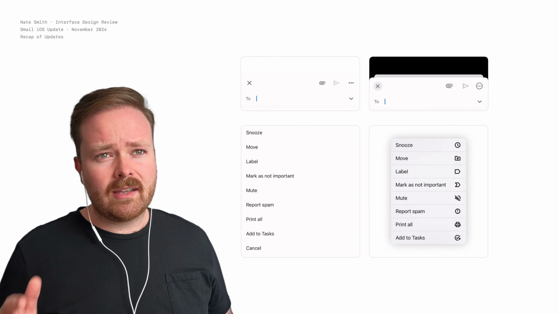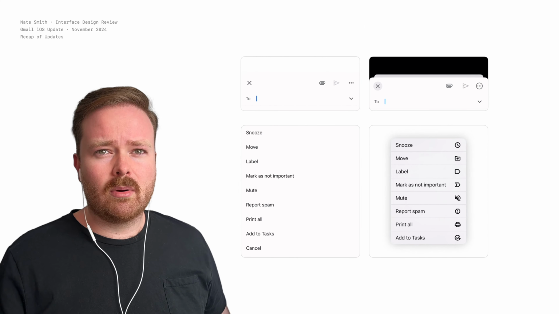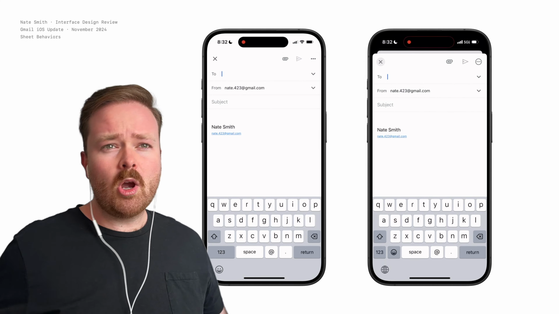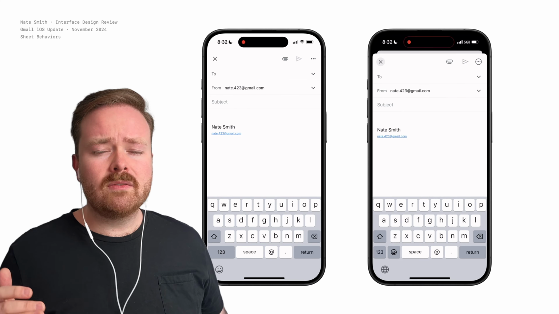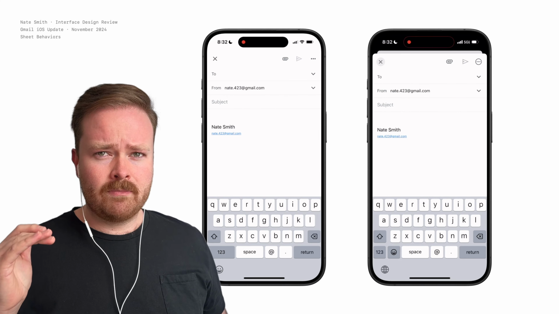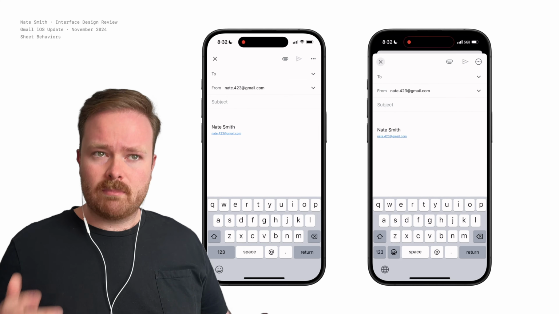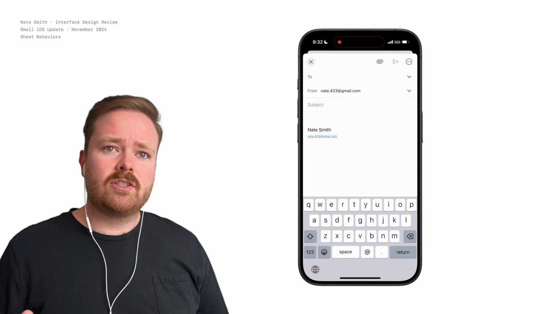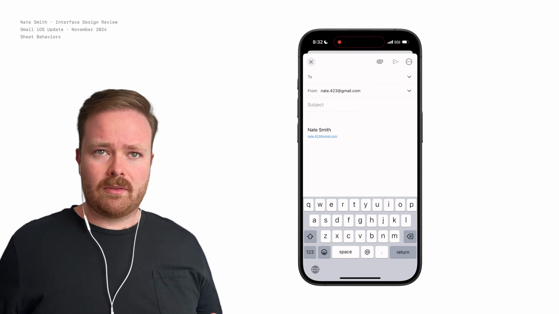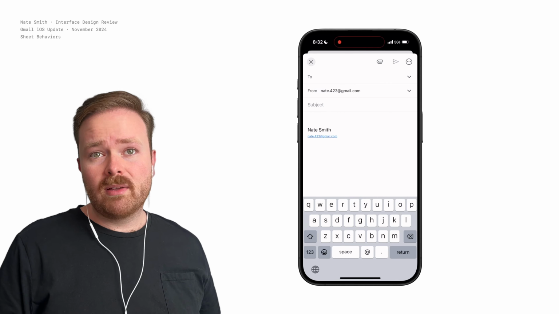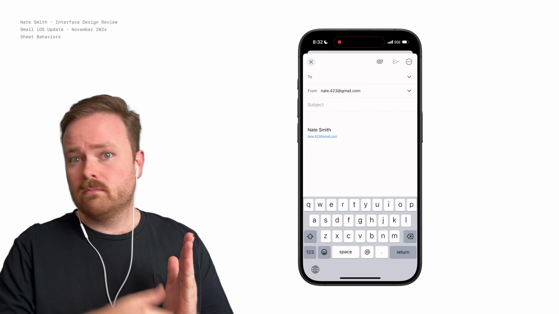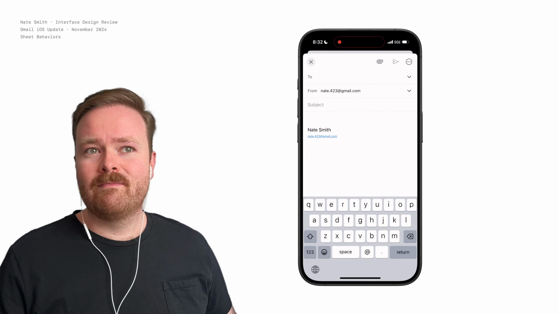Now let's take a closer look at the behaviors of two of these particular components: the page sheet and the menu. When we open up the Compose screen, we see that both of these sheets slide up from the bottom, but the new one is presented in this page sheet, the sort of visible card. The design of this sheet implies how you can interact with it. Based on where you see it other places in the system, you assume that you should be able to swipe down anywhere to kind of fling it back where it came from.